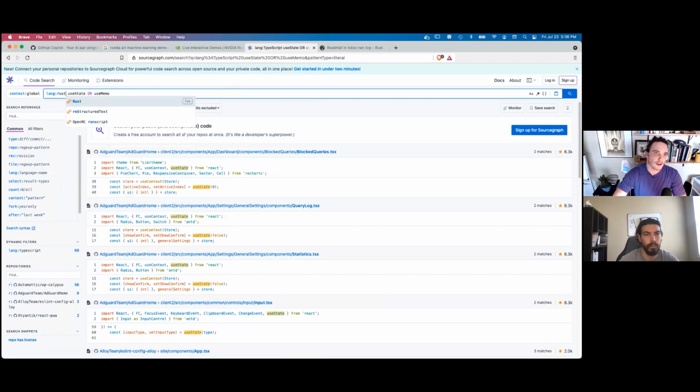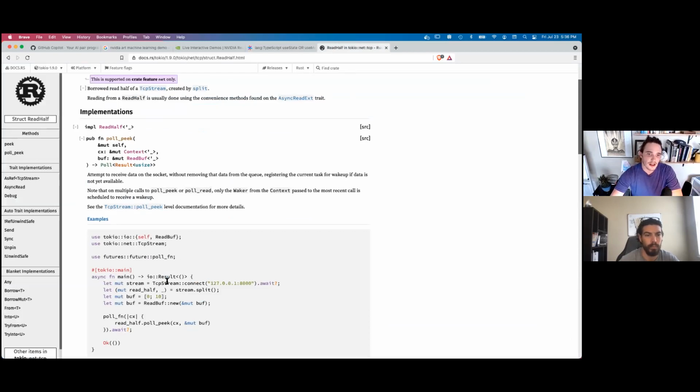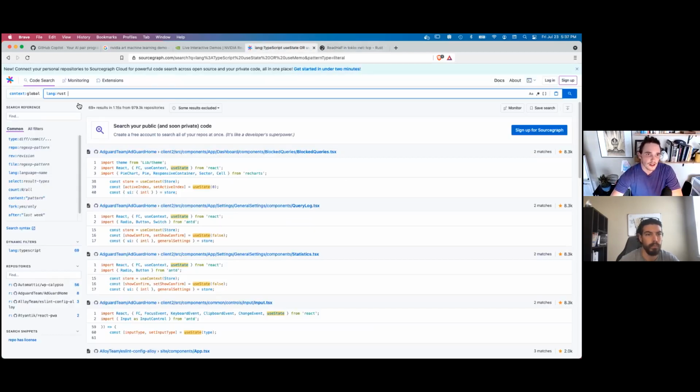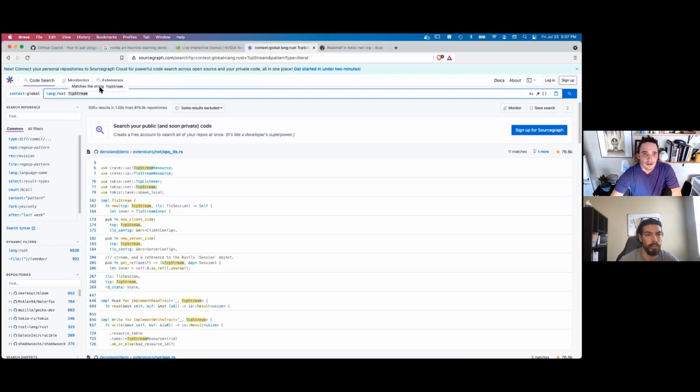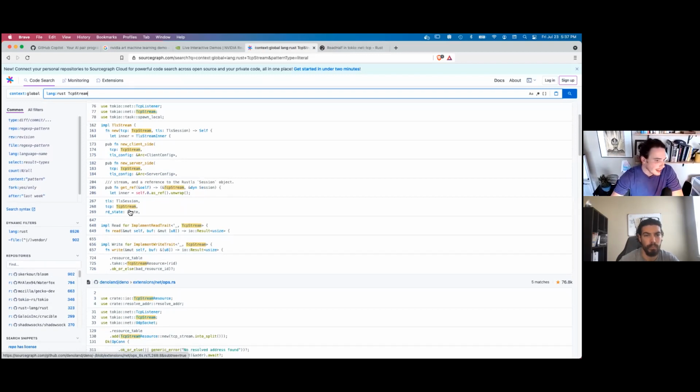But for me, I'm looking for Rust, and let's say here I was really interested in something that's doing some TCP streams. I can see some examples for that, and that's actually really helpful for me. It gave me more things to query off of their API docs. I find myself Googling things less and less, and more often having the API docs or the language docs paired with this, seeing things out in the wild, and then trying to read the documentation on that and understand it. That's awesome.